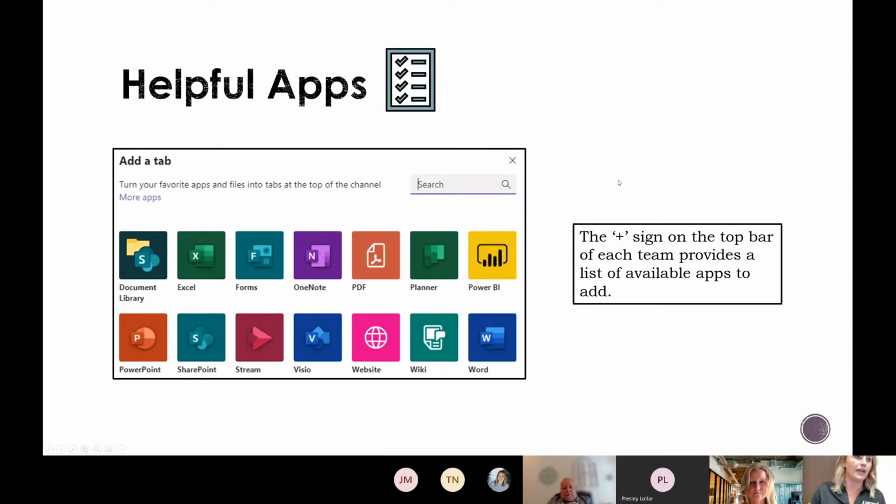Okay, so like I was talking about earlier, they have a lot of helpful apps. A lot of them are Microsoft based, and the Microsoft based ones are going to be a little bit more seamless within the Teams applications, but they do have a lot of other ones that are not Microsoft based at all. The ones that I've played with are all of the Microsoft based ones, but also,